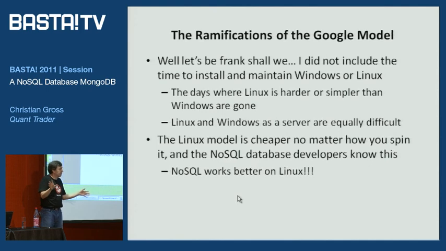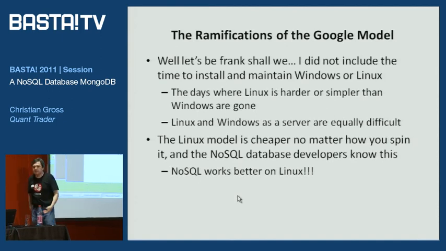Doesn't mean you can't do this with Windows. You can do it with Windows. I have a Windows Server 2008. I kind of formatted it to Linux. But when I was running it on there, it was working fine. It's a great MongoDB server. I'm not going to knock it. I just don't want to pay the Windows Server 2008 licensing.